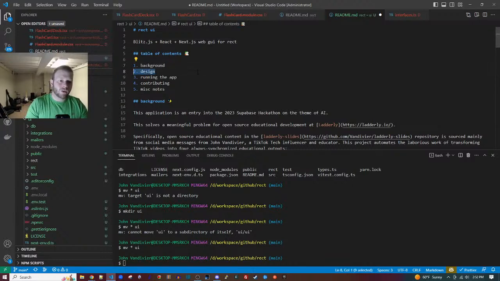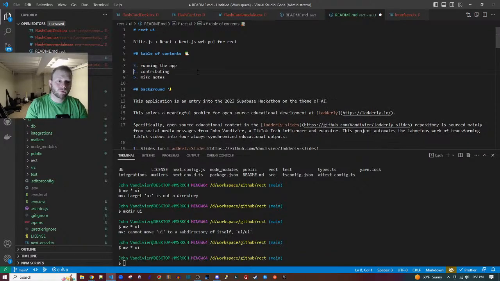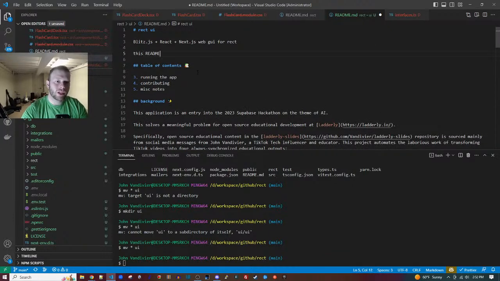We don't need background or design here. I'll just say this README contains UI-specific run instructions. See the top level for everything else.